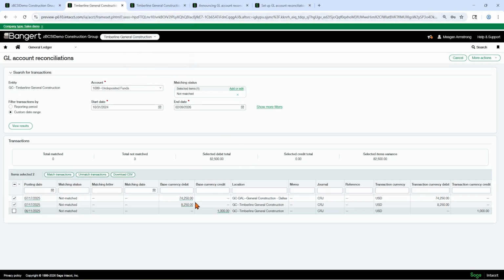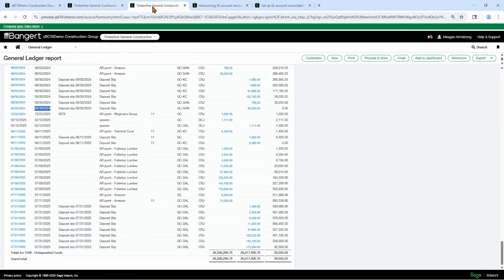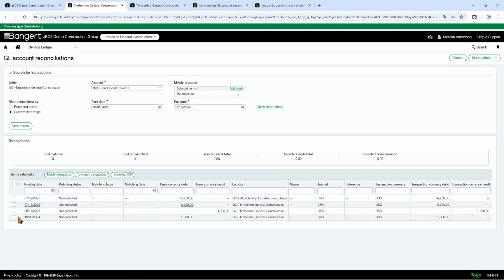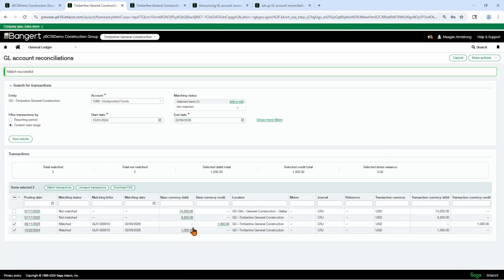So there's my 82.5 that we're off by. It looks like this is the $1,000 here. It's offset by this payment. Bring it back. That's where it is. We'll match it.